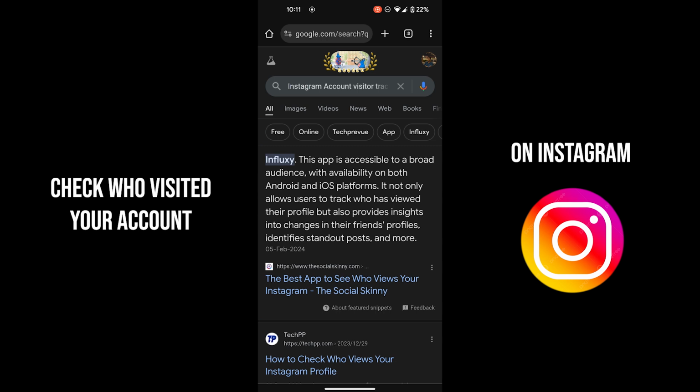who has visited your Instagram account. But you have to be careful while using third-party apps because these are not